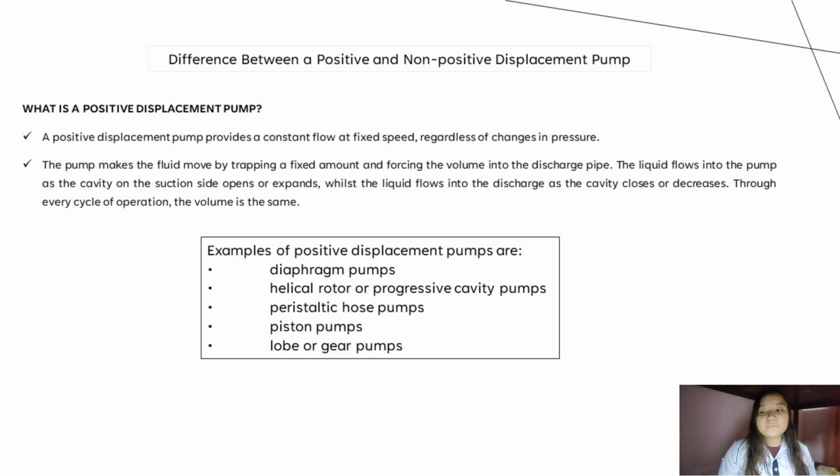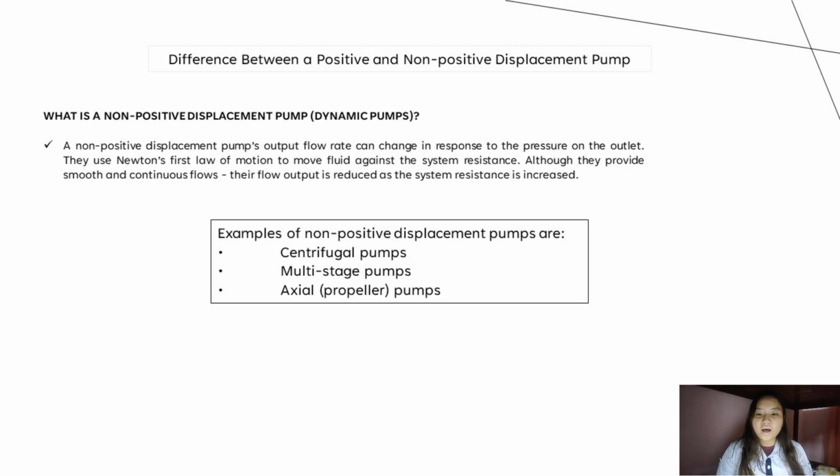So the positive displacement pumps are those that I have discussed in the previous slides. The examples of the positive displacement pumps are what I have mentioned earlier: the diaphragm pumps, the piston pumps, the lobe gear pumps, and there are also other examples such as the helical rotor and the peristaltic hose pumps. So for the non-positive displacement pump,